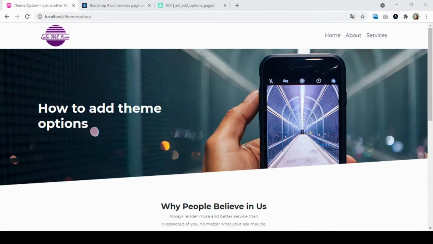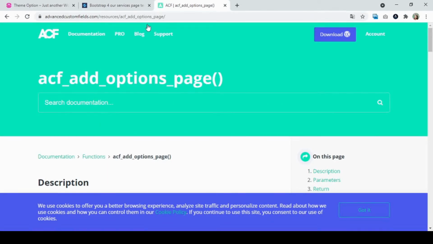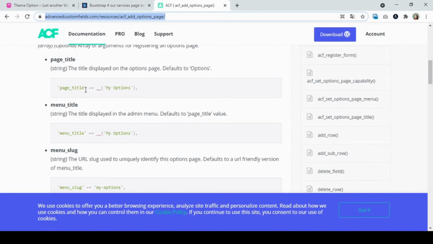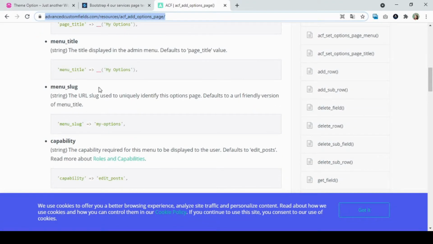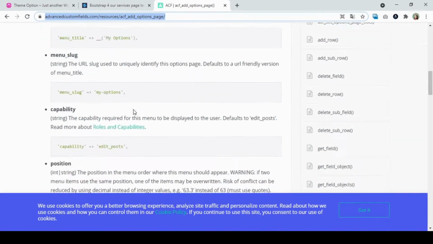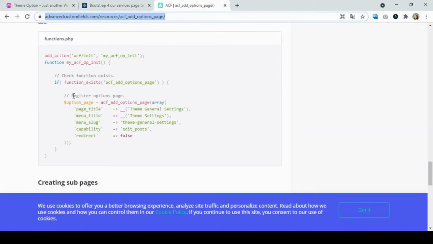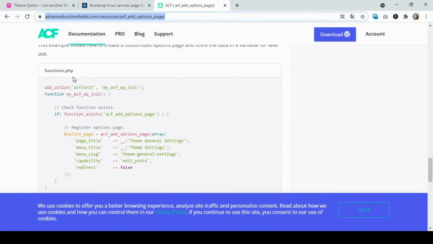Okay, guys, now to create theme options, we're gonna refer to the documentation of the ACF custom field. This is the link, I'm gonna leave it in the description of this video. As you can see, it has page title, menu title. You can name it whatever you want. And this is the complete code. This is how to add theme options in the